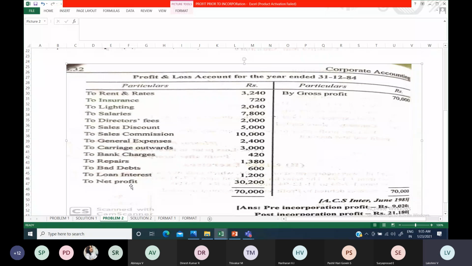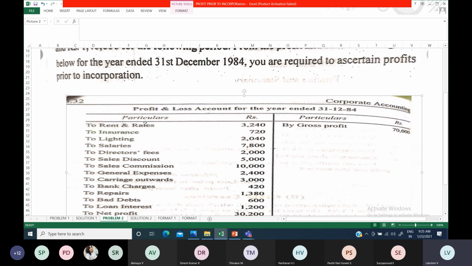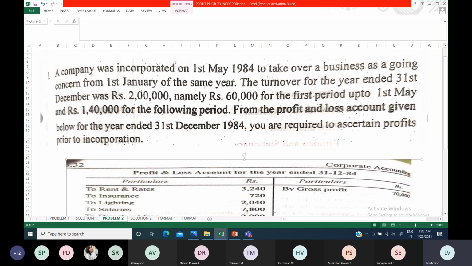Certain questions will be in a different way. In this question they have given the profit and loss account to you. Certain questions will give just the items only. They will list all the items, gross profit and every item, instead of the account format. So you have to find out which items go on the basis of time ratio and sales ratio. To calculate the time ratio, you should know the date of purchase, date of incorporation, and the financial year end date. If these 3 dates are available, you can find out the pre-period and post-period months.